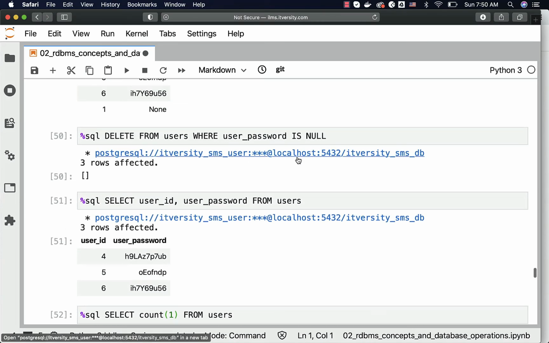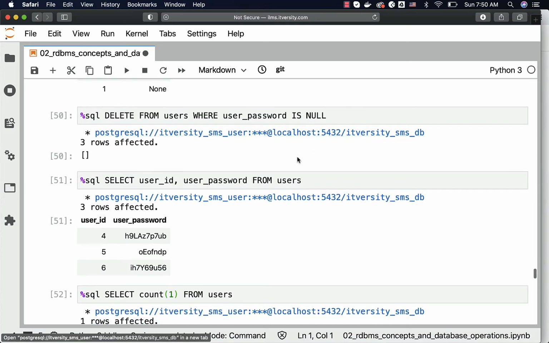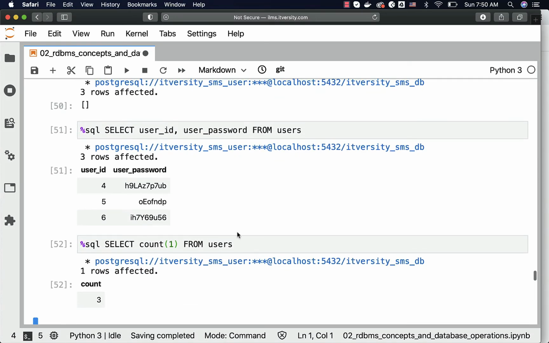This is how you should be able to delete the data from the existing table based upon your requirement. Make sure you validate the data post any of the DML operations. In this case, we have validated by running both the select query as well as count to see how many records are there after the delete. Typically after delete, if there are any records deleted, the number of records will be lesser. With update, the number of records will be the same. When you perform the insert, the number of records is supposed to increase.